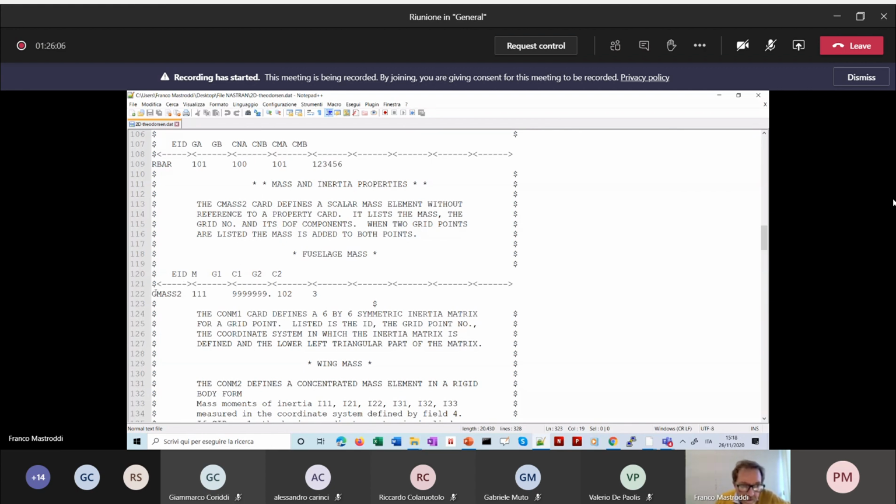by using this statement CMass2. CMass2 is a card which defines a scalar mass element without reference to a property card. It lists the mass, the grid number, and its degree of freedom component. Okay, so we are representing the fuselage mass, and so the statement is such that